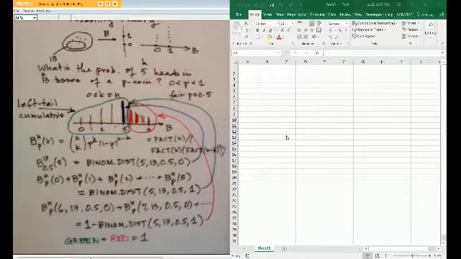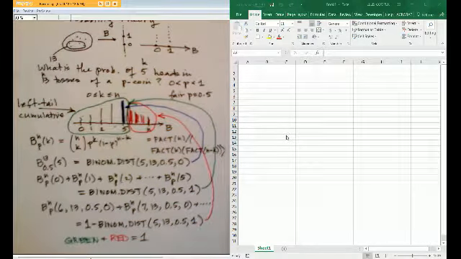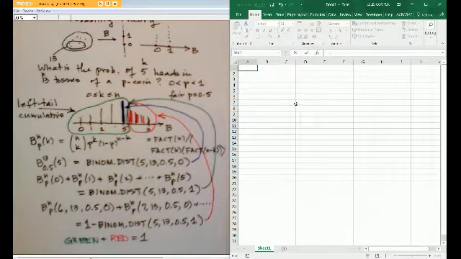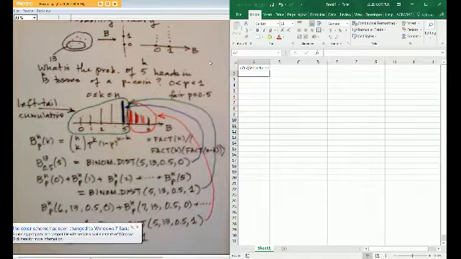Now I want to demonstrate how what I was talking over here about theory we can do over here in Excel. So let me put in today's date, equal NOW, open paren, close paren. That's just a fun thing to do so that we can continue with